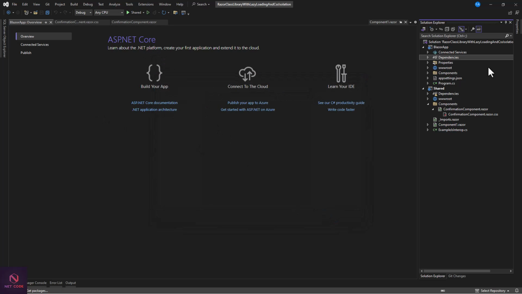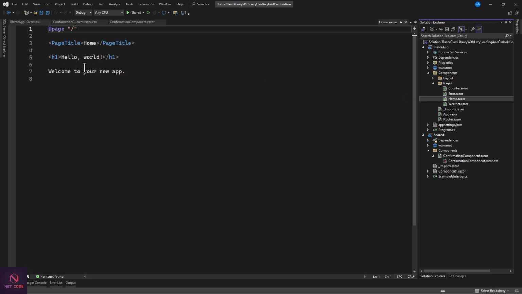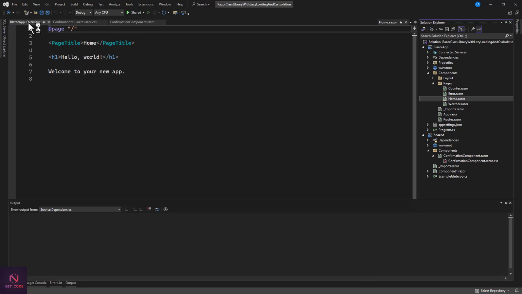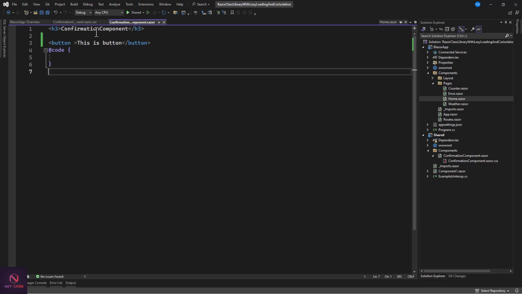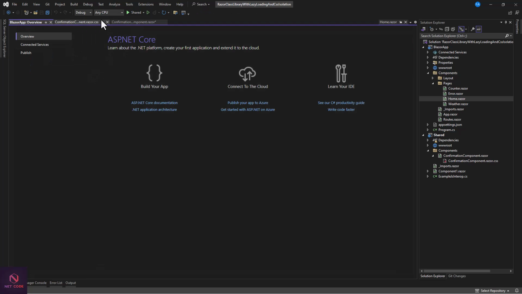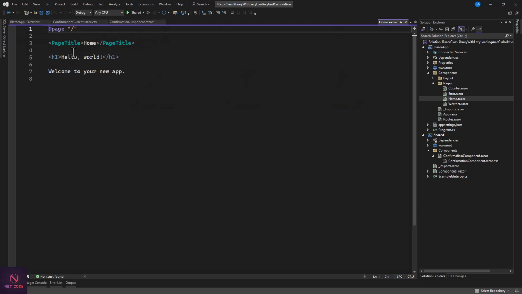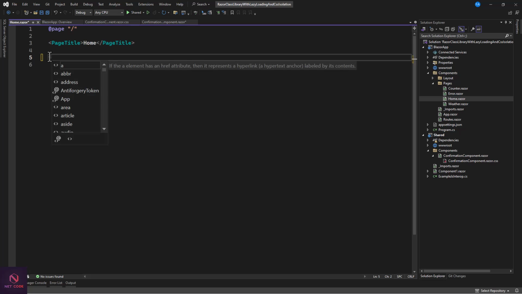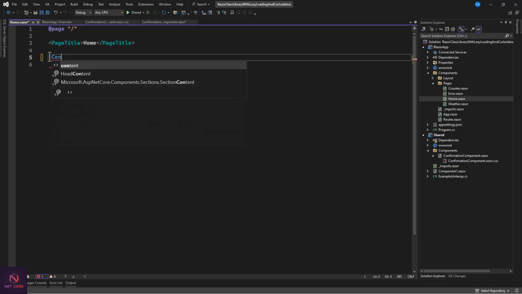It has been added. Let's go to the component, go to the pages, and now inside this home page, we are going to use this component in here. Remember that the component that we created has only a confirmation component here, right? We have nothing much in here. So in the home component, we're going to clear this one, and we're going to use, which one should we even use? That's going to be the confirmation. So do you have it here? Confirmation